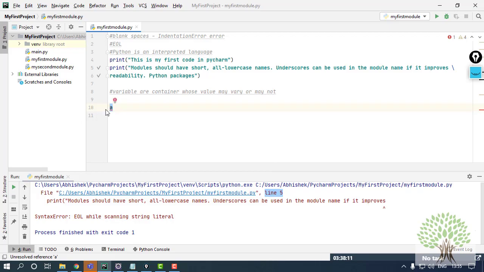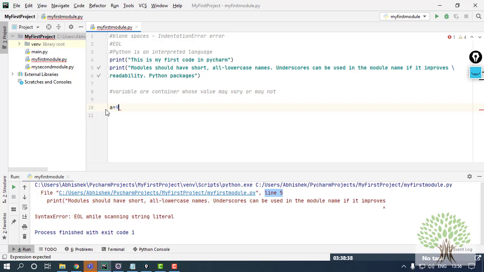Right now it's just a simple letter. Once I put an operator ahead of it, it is considered a declaration of a variable, and after this equals sign I can give anything. I can give a word, a number, a decimal number, a binary number, whatever you want.